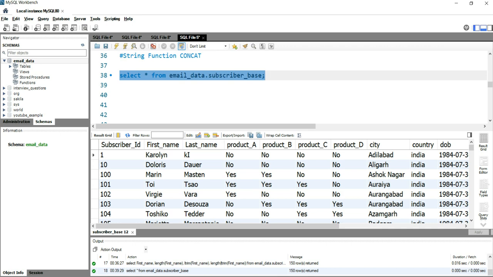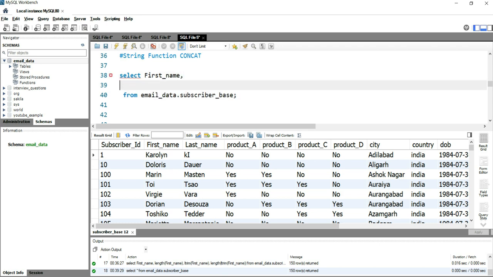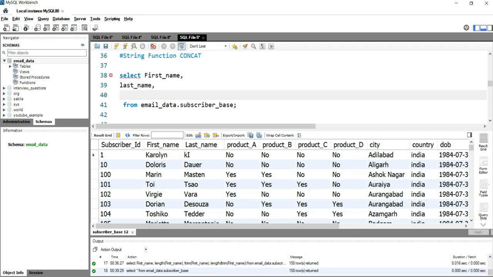So what I'll do is I'll put select first name, then I'll put last name, and after this I'll put the concatenate function, which is concat, and within this concat I'll put first name, okay, and I'll put last name as full name.